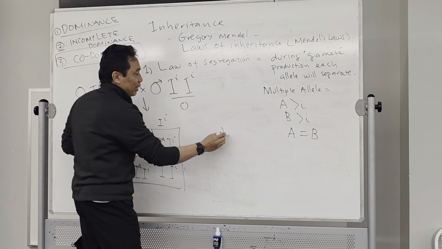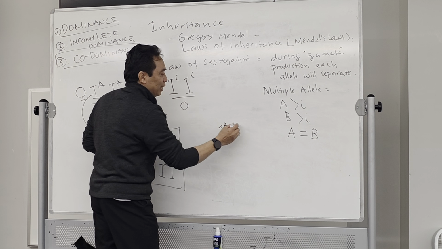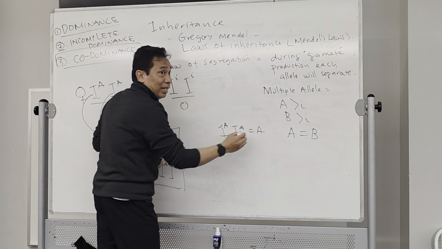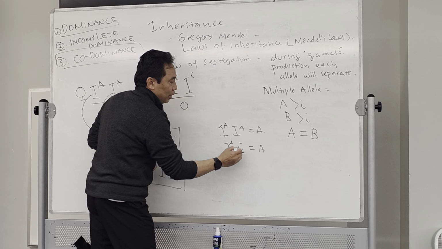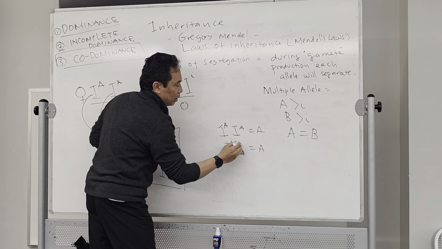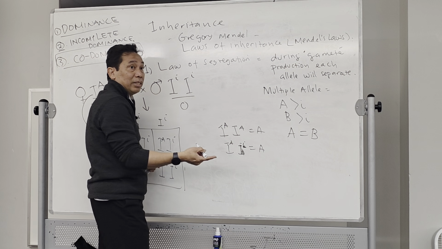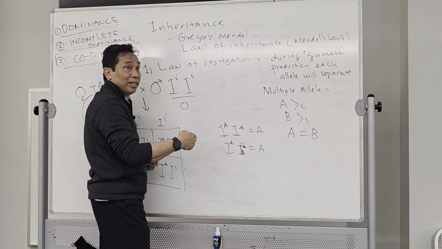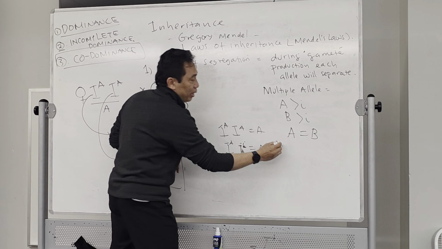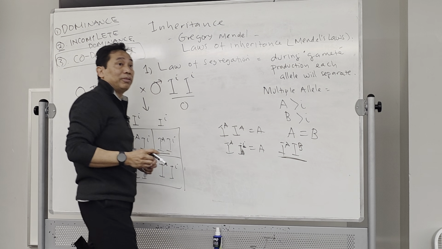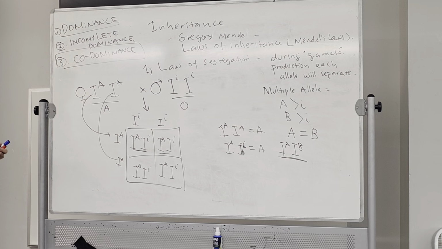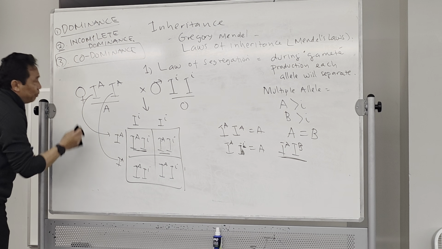I hope you still have this. If it is like this, the person is A. If it is like this, the person is also A. Remember, this one is recessive. It's covered by A. AB has only one type. AB will always be like this, the genotype. Okay, I'll give you another example for this one.